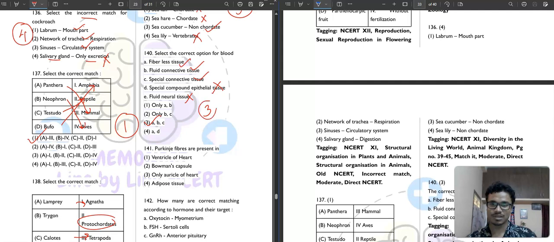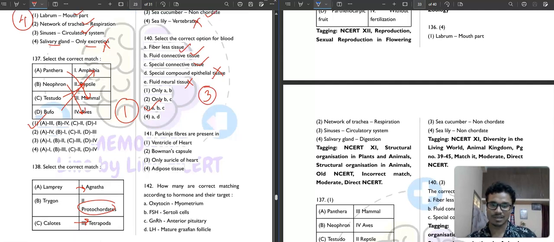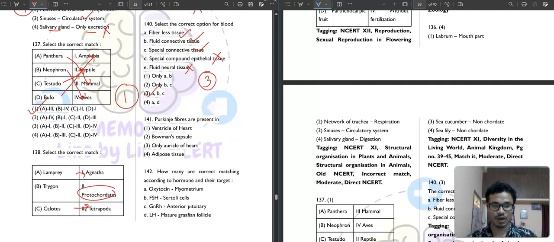Easy questions. You can score. In zoology, during my preparation, I used to make a lot of mistakes in botany, but never in zoology, because zoology was good. If you know the concept, then there is no point in getting it wrong. You will definitely put the correct option for the question.